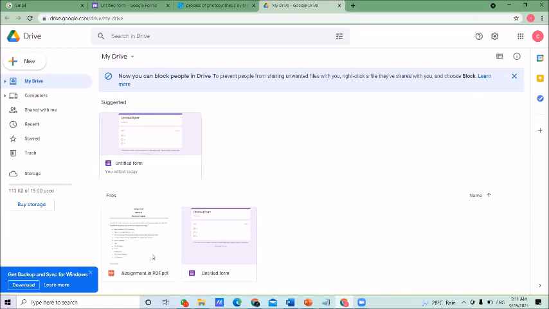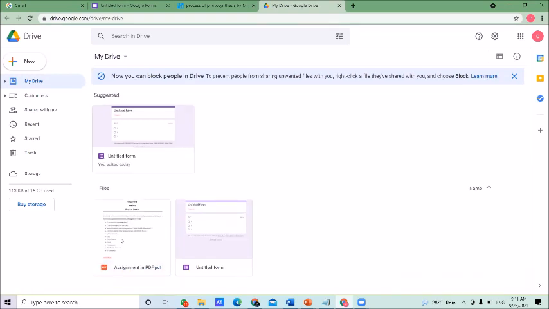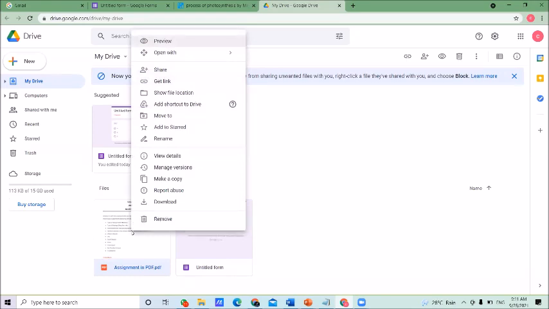After you have uploaded it, select the document. Click one time on the document, that means select it. Then right click on it. Once you right click, you will see many options here.